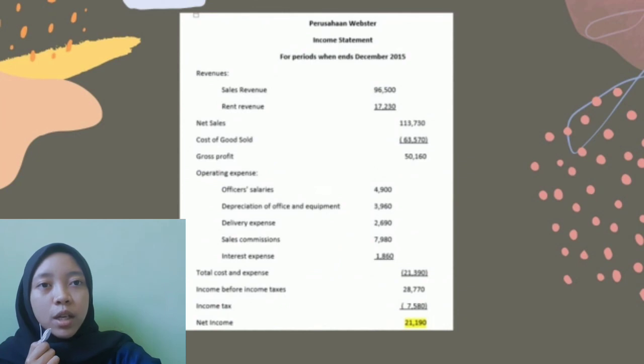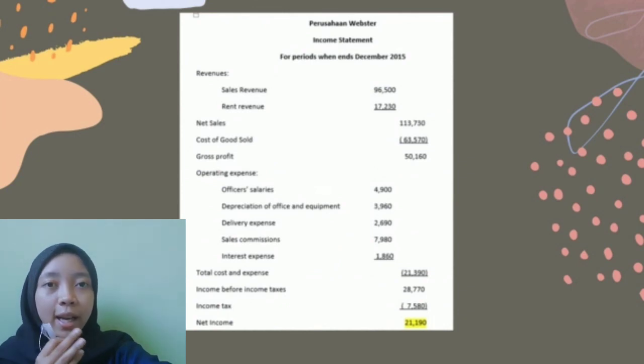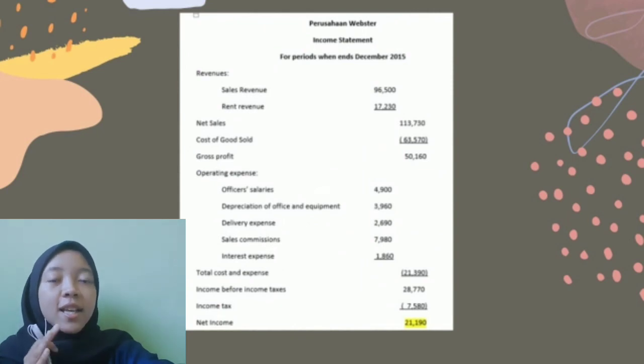So, the answer that includes revenue is sales revenue and rent revenue. Sales revenue 96,500 and rent revenue 17,230. Sales revenue plus rent revenue is net sales. So the net sales is